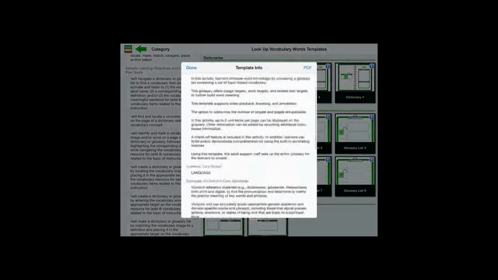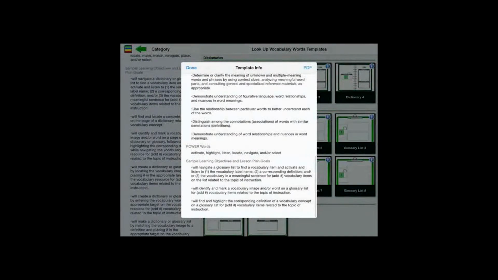Learning with purpose, I call it. The solution is to have a resource bank of learning objectives and sample lesson plan goals for each app activity, as seen here in the iPact app system, so that we have teaching guidelines that serve as a compass for our app instruction.